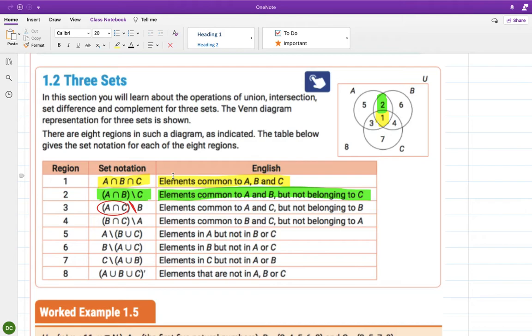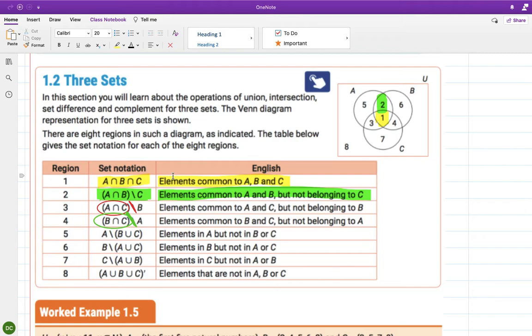Okay, and if we look at number 4, it's the intersection of C and B, but not A. And you'll see that down here. It's the intersection of B and C, and then we want to take away A. Okay, just take all this off. So the next one down is